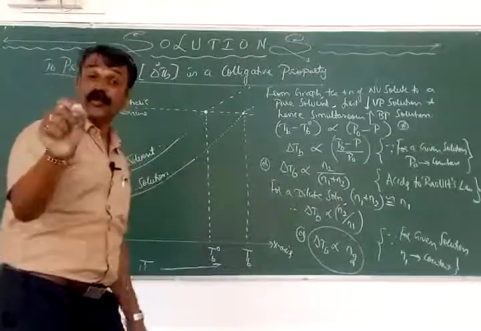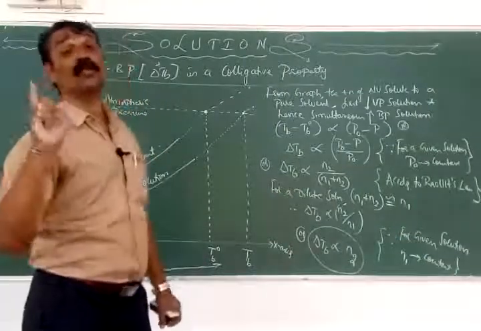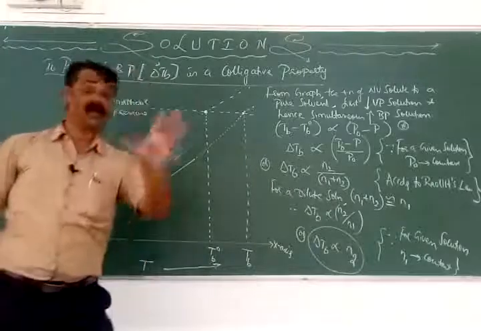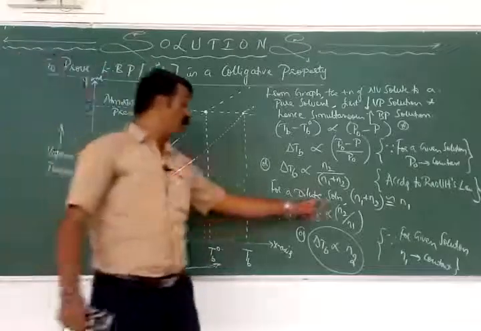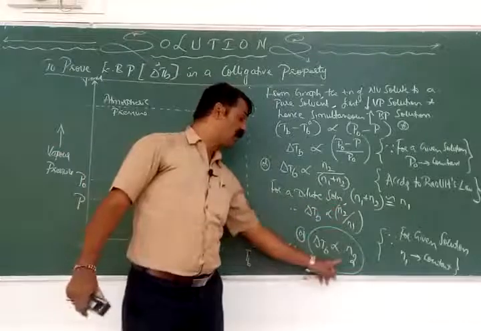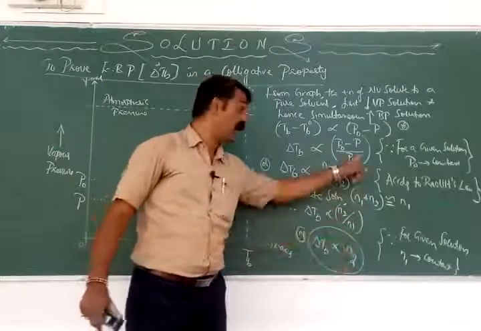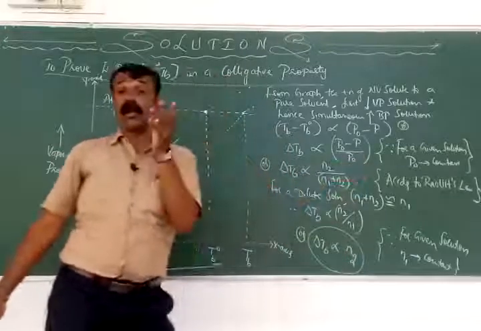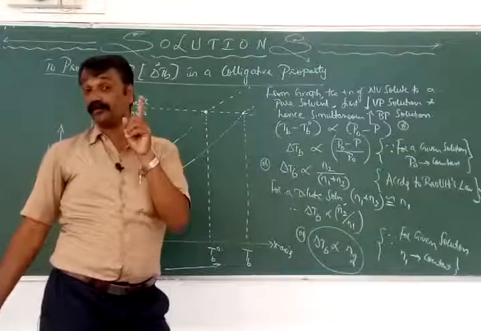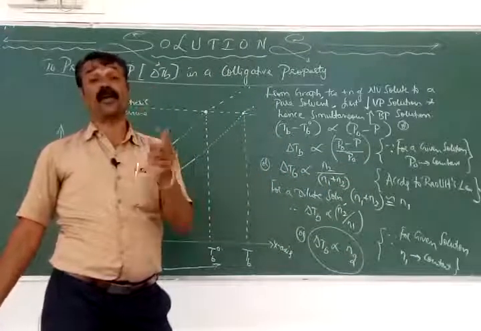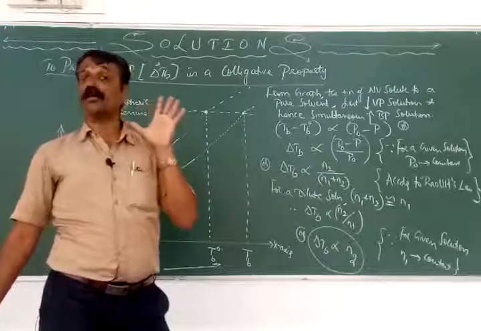Number of moles of a solute is varying, and also the total number of moles of the solution is varying, but not the solvent. Therefore, instead of N2 by N1 proportionality, I will just write that in the form of only N2, meaning I am neglecting N1. Here I am adding the P0 because P0 and N1 refer to the vapor pressure of the pure solvent and the number of moles of the pure solvent.